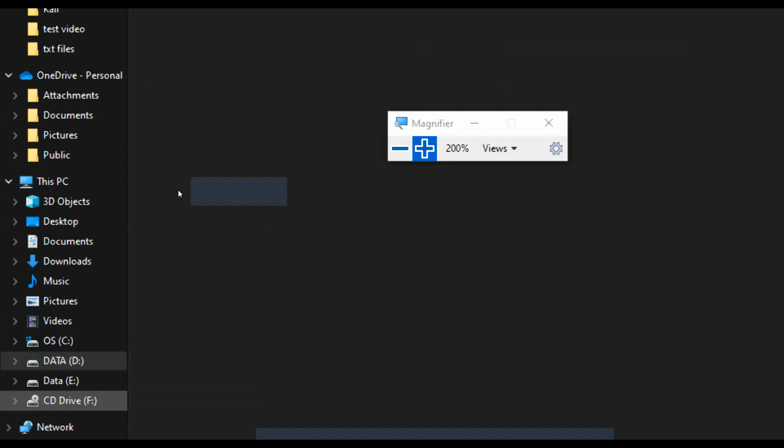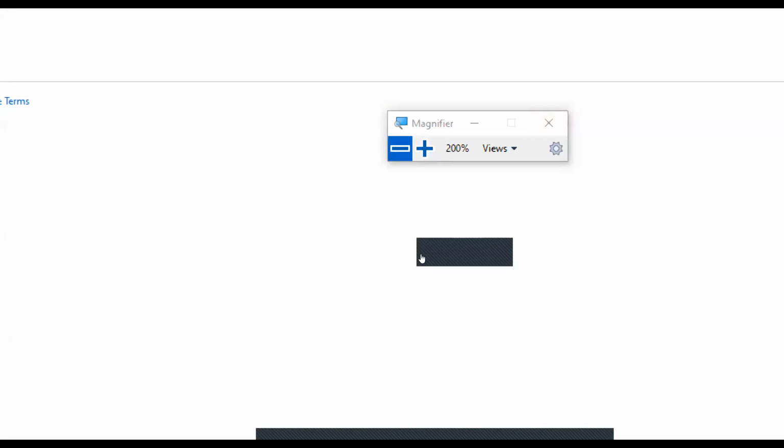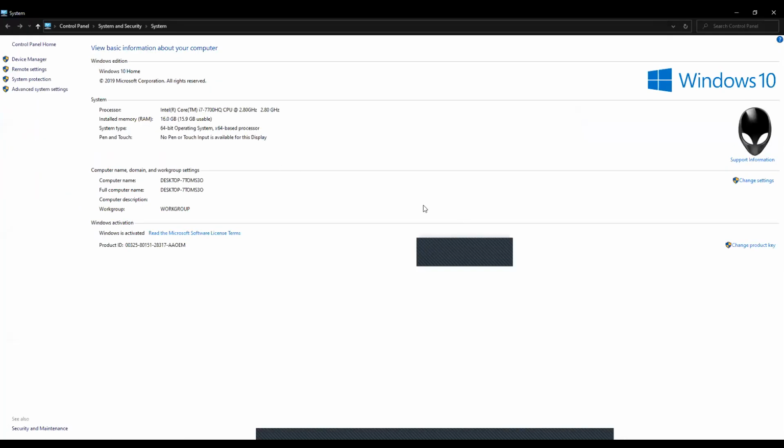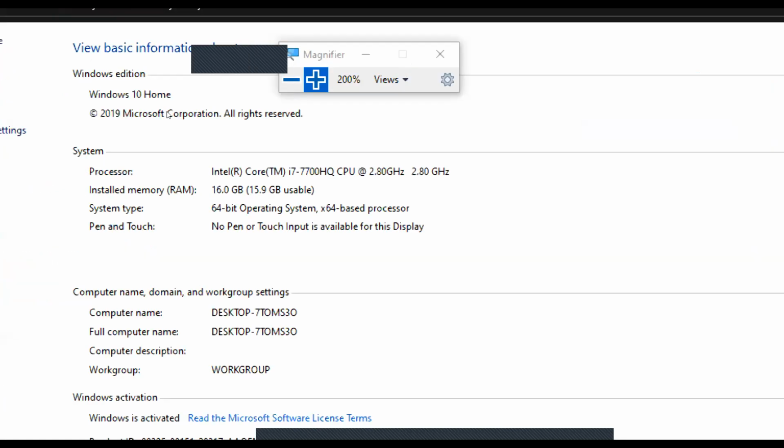Let me share the screen, just a minute. All right, here you are able to see the system properties. Here you can see what processor I have. It is Core i7, and this is the refresh rate of my CPU, and how much RAM I have. I have 16 GB RAM, and the type of system is 64-bit.